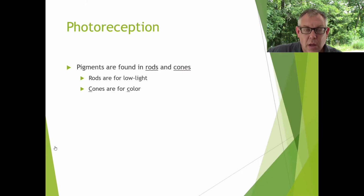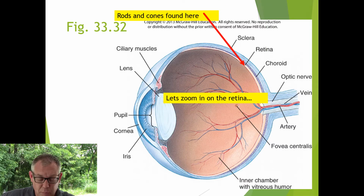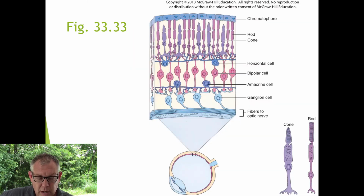Okay. Those pigments are found in cells called rods and cones. Rods are for low light purposes where you don't really need color. Cones are for highlight purposes where you do need color. So the easy way to remember it: cones are for color, right? They both start with C. And so those rods and cones are what are found in that retinal layer. Let's zoom in on the retina. And so that's this figure from your book,